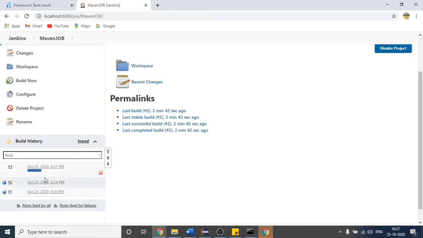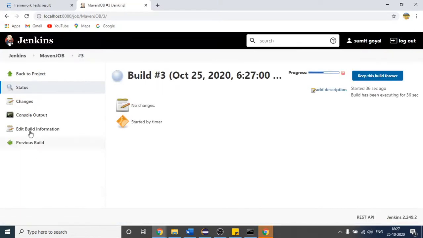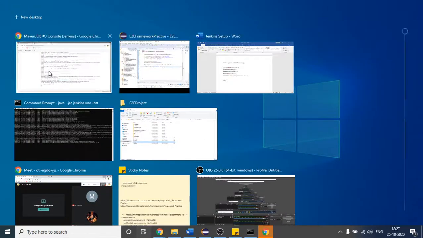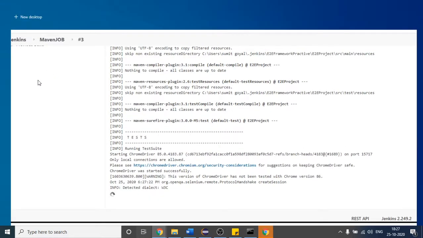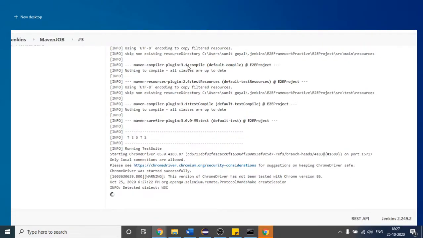Okay, so let me show you the output in parallel as well. So click this console output. Here you will see whatever logs are generated. What happened?